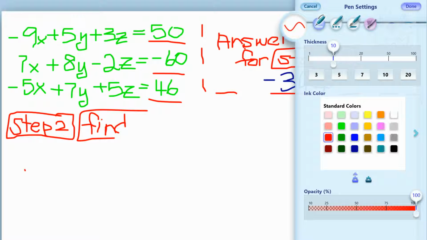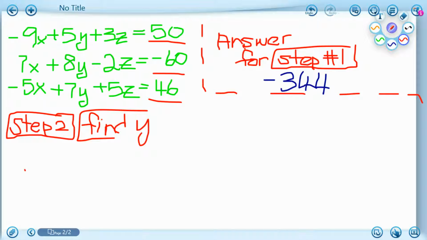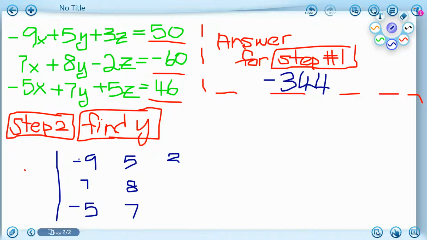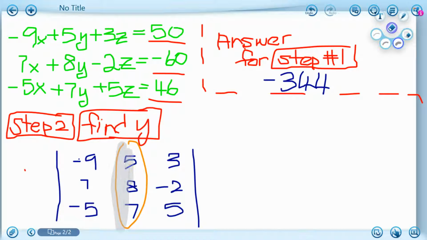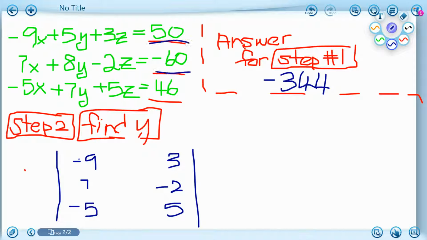Find y. I'm going to do the same thing. I'm going to set it up. Remember, negative 9, 7, negative 5, 5, 8, 7, 3, negative 2, and 5. Now remember, we're looking for y's, and you see how this spot right here is the row of y's? Now I'm going to go ahead and take that out and put the numbers in which belong to, right here, the answer. So I'm going to have 50 here, negative 60, and 46. Now I'm going to do the same thing. I'm going to find the top number and then bottom number, and then you're going to go ahead and do that. When you do this,